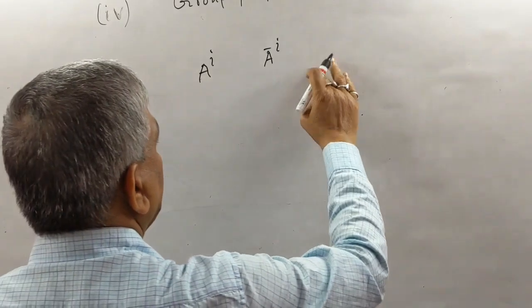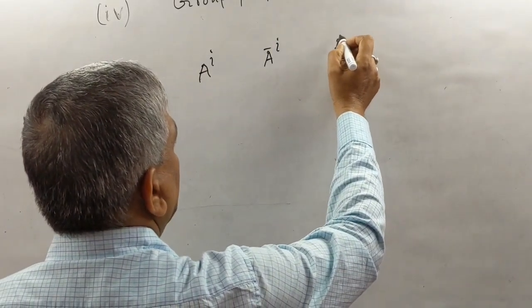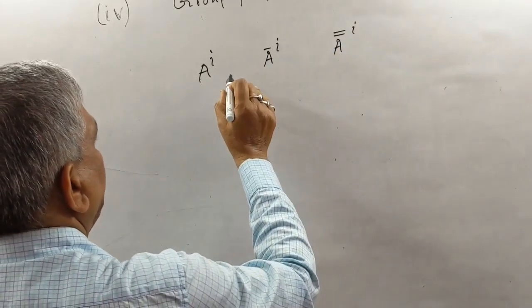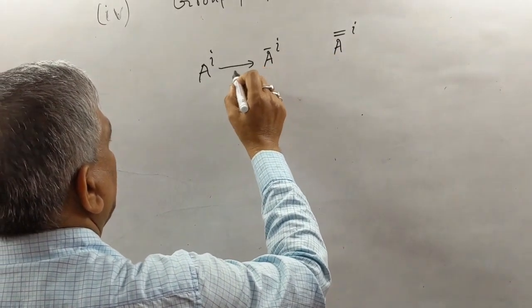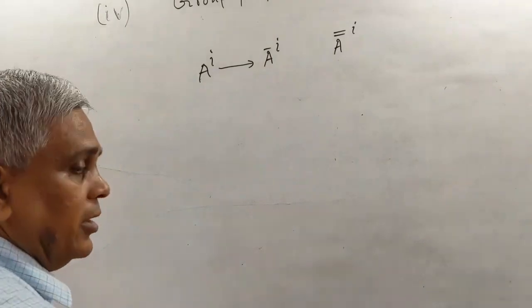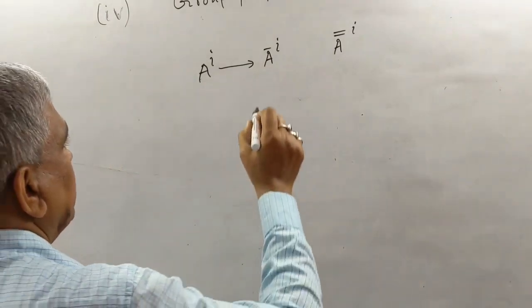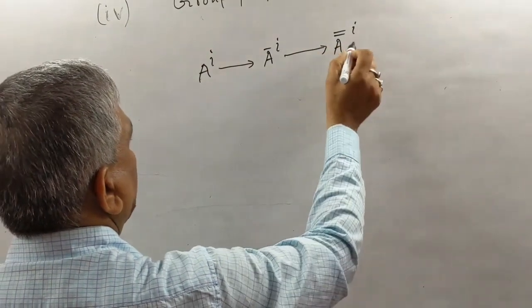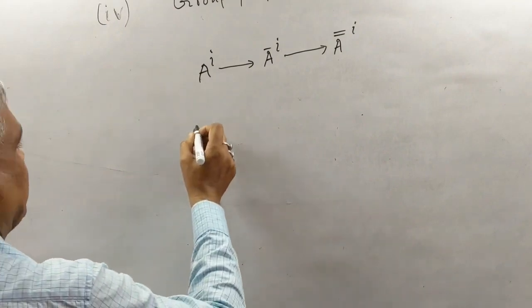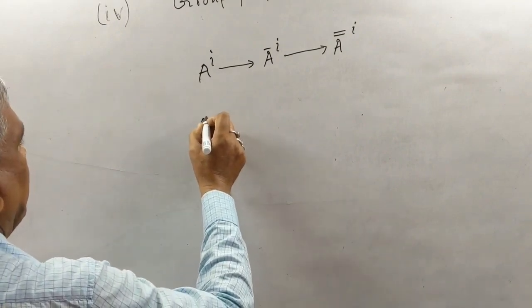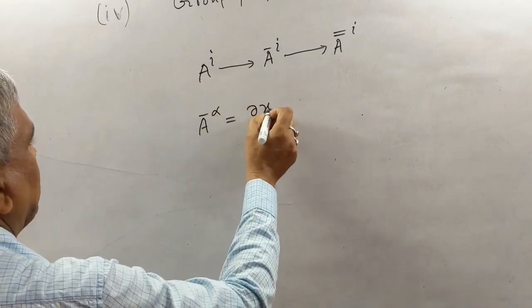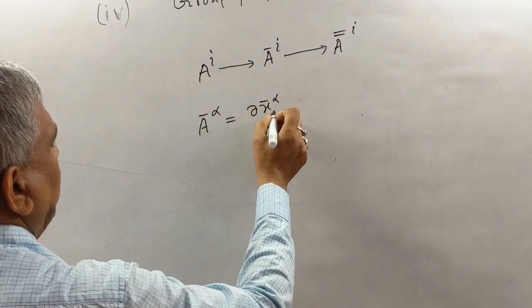Its corresponding value is A double bar i. We may get transformation from Ai to A bar i, and also A bar i to A double bar i. According to the tensor law of transformation, A bar alpha equal to del x bar alpha